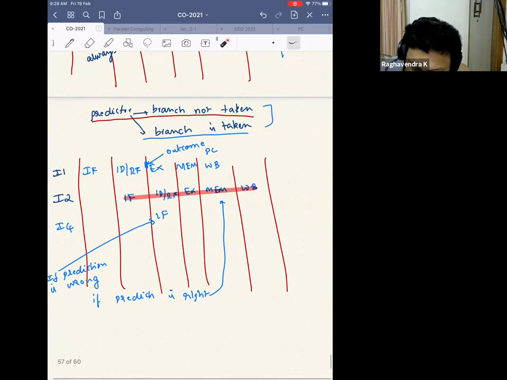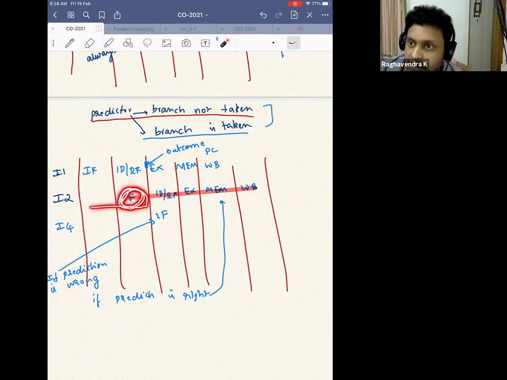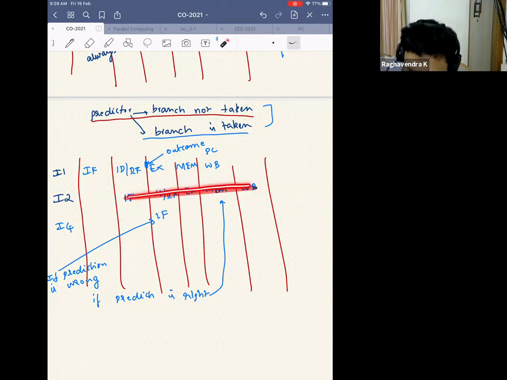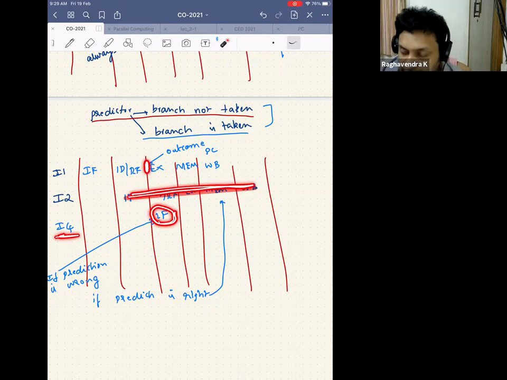So if I build a predictor which says the branch is not taken, then I can go and fetch the next instruction, because to fetch something which is not taken, all I have to do is PC equals PC plus 4, and I'm anyway doing that at the end of this stage. So I continue the execution here. If the branch is actually not taken, I just allow this to continue as if the branch did not affect me, and there's no stall in the pipeline. But if I am wrong, then I squash this and reissue the instruction fetch to the target address, because at the end of this stage I will know the target PC address.